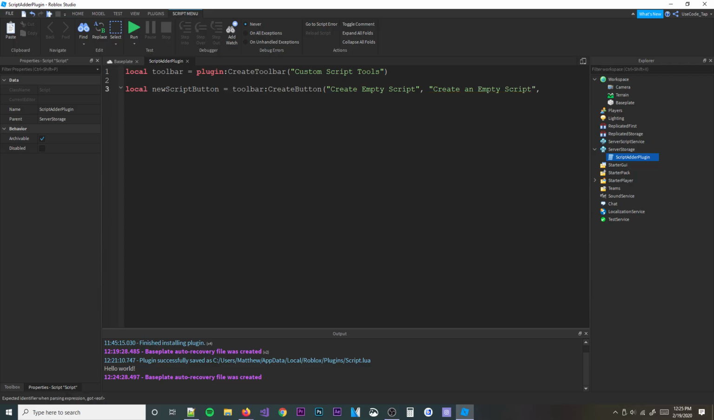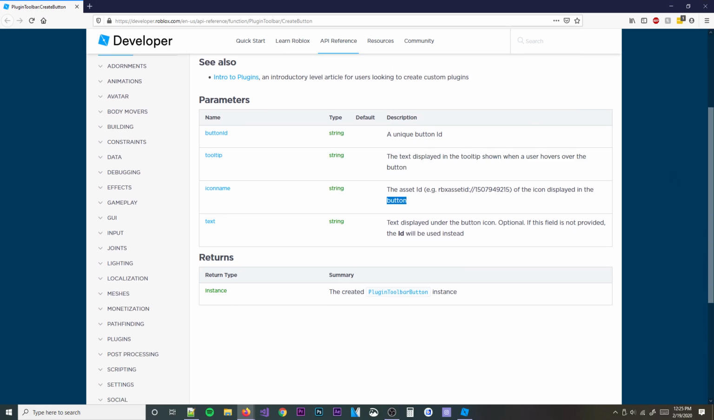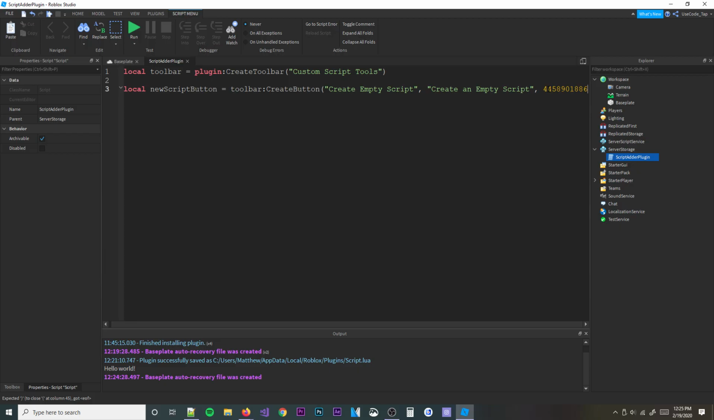There we go. And then the third one is actually the icon that you want to display for it. I already found an icon for you guys. So go ahead and just copy and paste this one right here. Well, I guess you really can't copy and paste it, but just go ahead and put rbxassetid and then like that. And now this is just the asset ID that you want to put